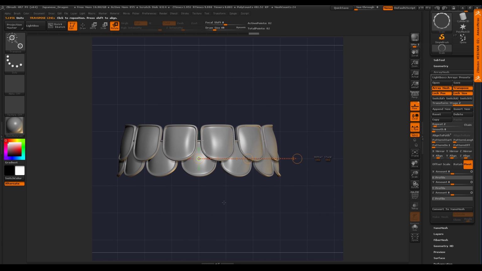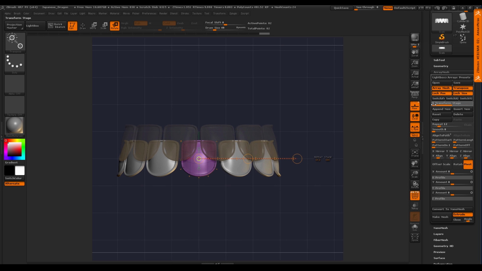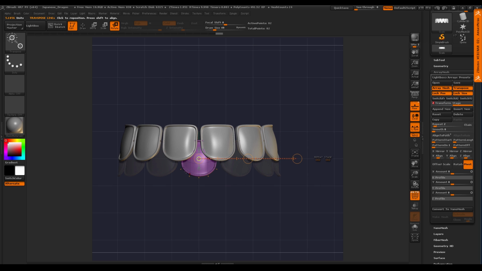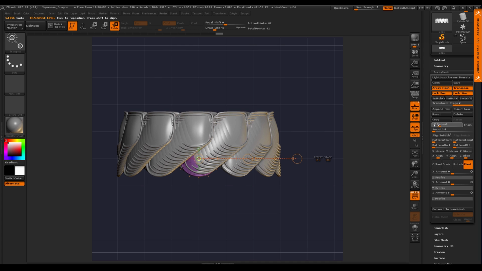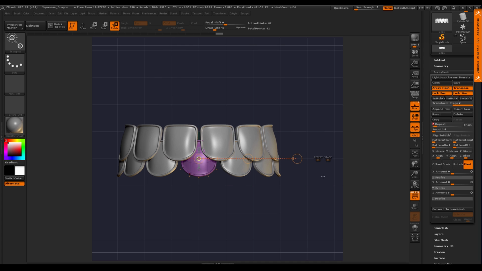Now there's a couple things here. Again, let's take note of what array mesh is doing here. I'm taking one mesh and I'm arraying it. I've arrayed it radially, and now I've told it, hey, take that whole first stage, which again, if I go back to that first stage, is that first row, and now that second stage is taking that bottom stage and repeating it above, right? So if I just started repeating this, you just keep getting those, right? I only want this, okay? My polygon count isn't changed.